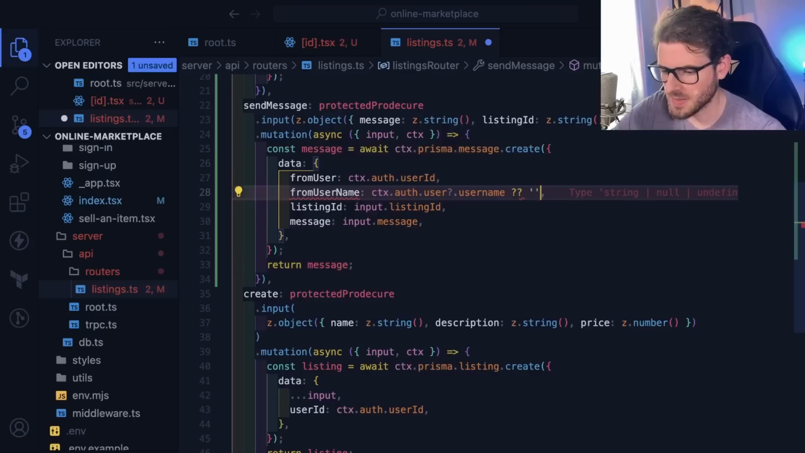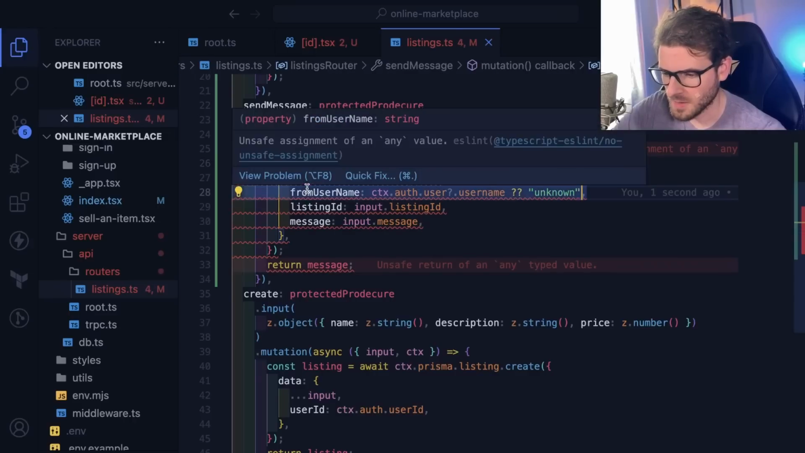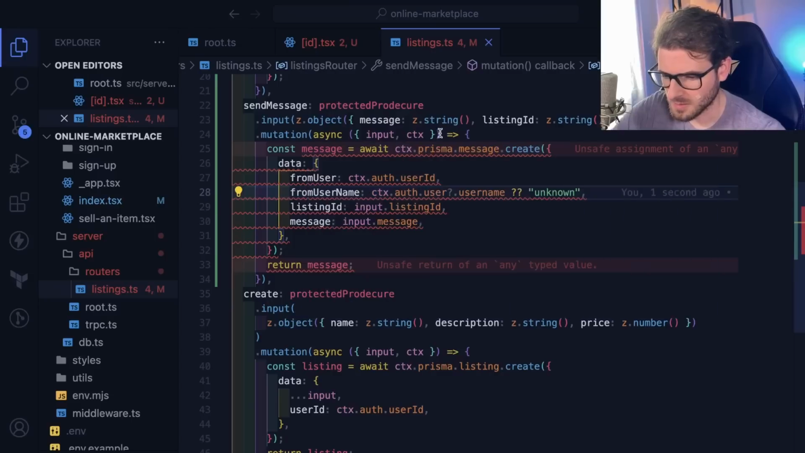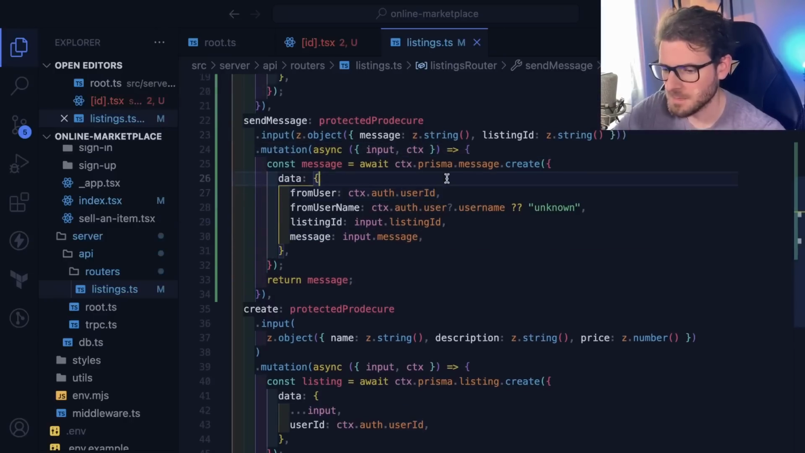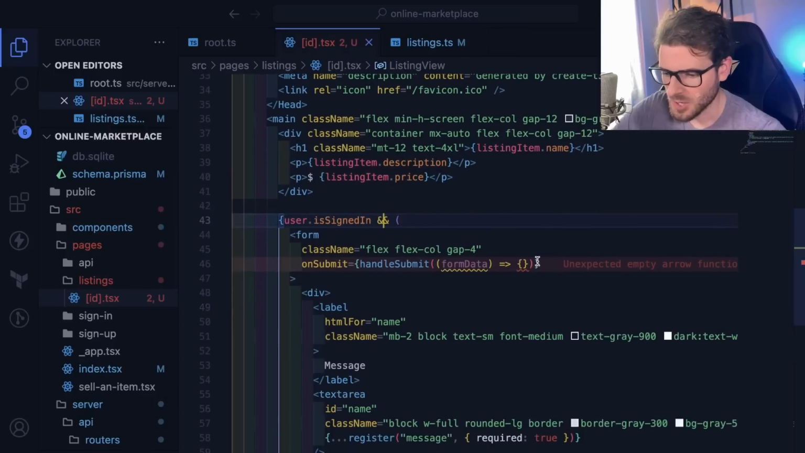So I think it's complaining about this. I think this needs to be a string. What is this complaining about? I'm going to restart my ESLint server because I think it might just be kind of messed up. But in this case, I think we're good. We have a way to send a message to a listing, and we're going to go ahead and try to